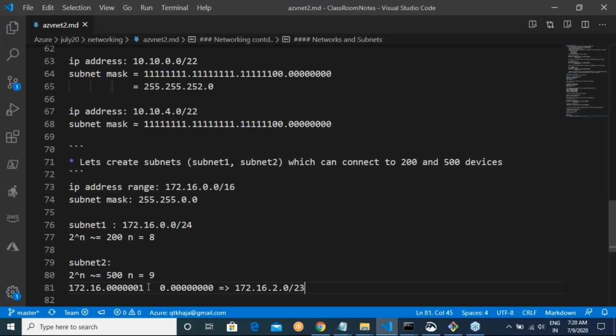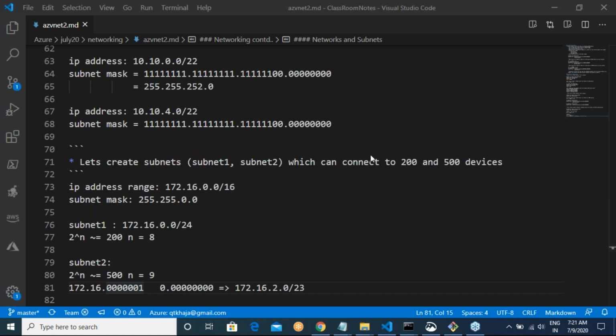Because if I put 0, it will take some of the IP addresses which were already taken by subnet 1 and your network will not work. That's why I've given a different number over here. Is this clear to you guys? Yes, great.